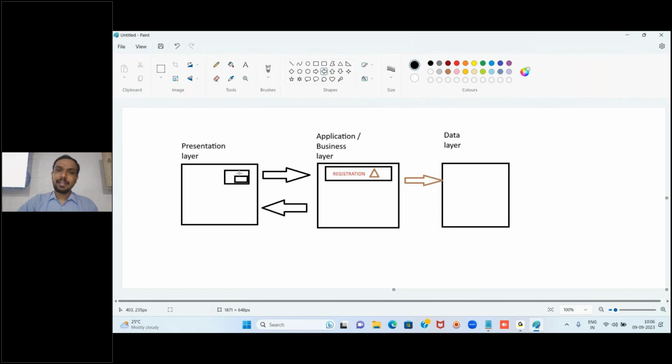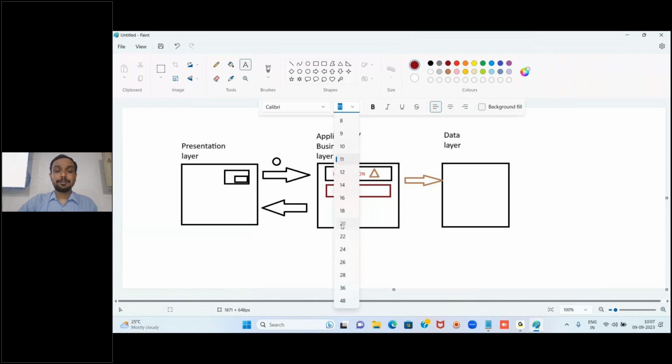So that data, the username and password, whatever we are entering here, will travel from the presentation layer to the application layer. Inside the application layer we have another program. This time there will be one more program, and the name of that program can be anything, like, assume, login program. What is the program name here? Login.